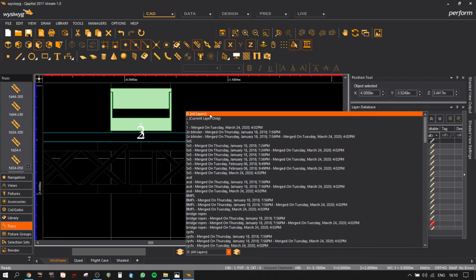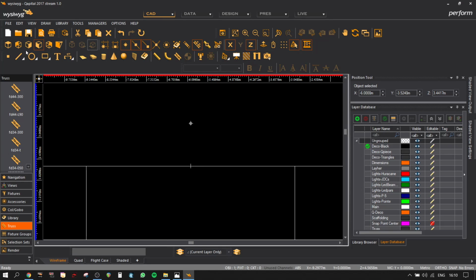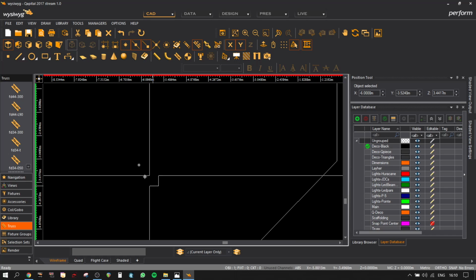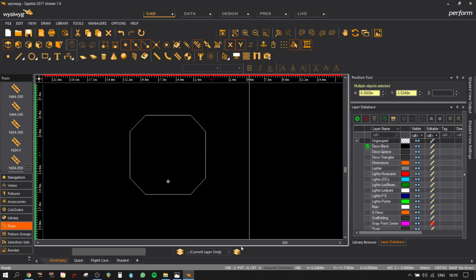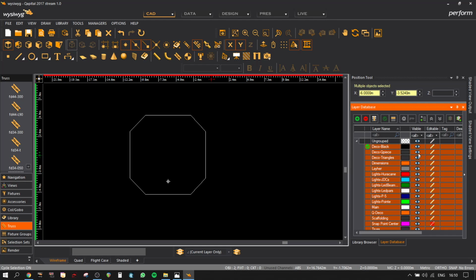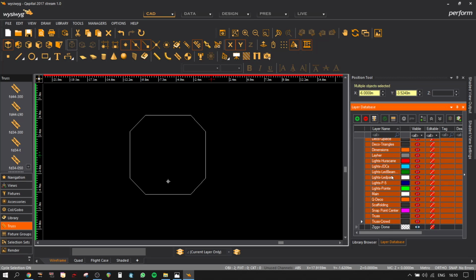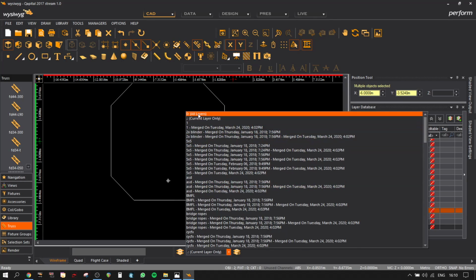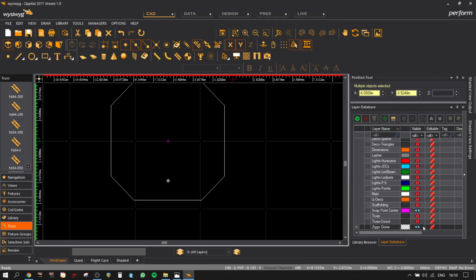And what we're gonna do now is we go back to the current layer. As you can see, we have our two snap points. I'm gonna need the center point. Need to go to all layers, and